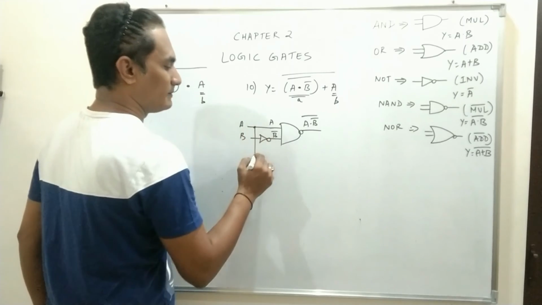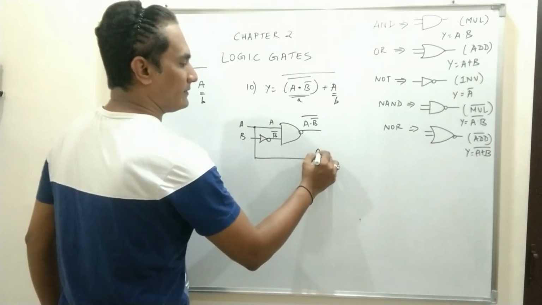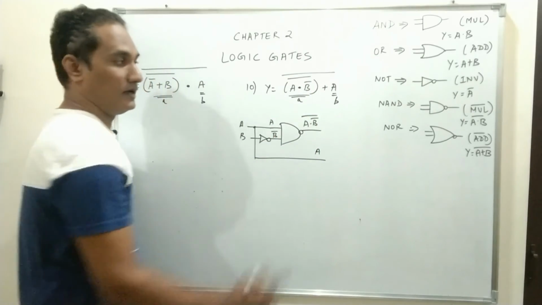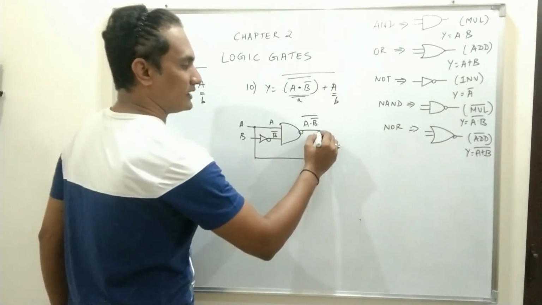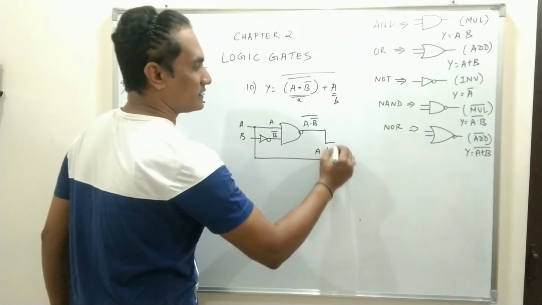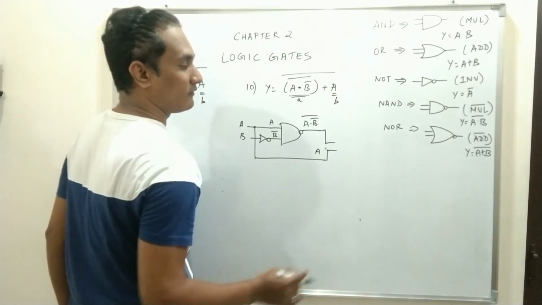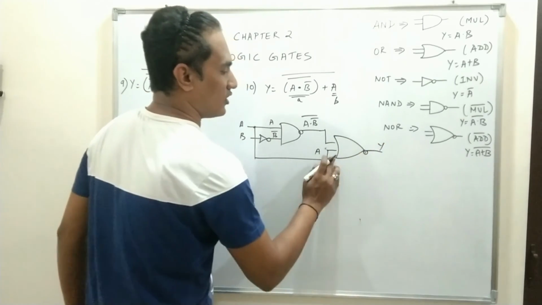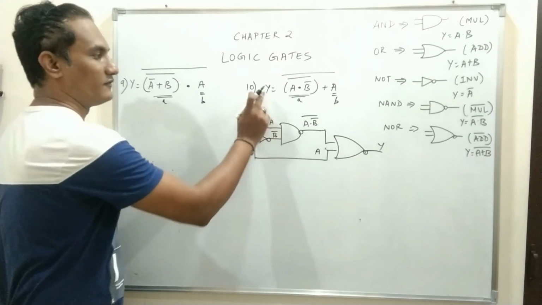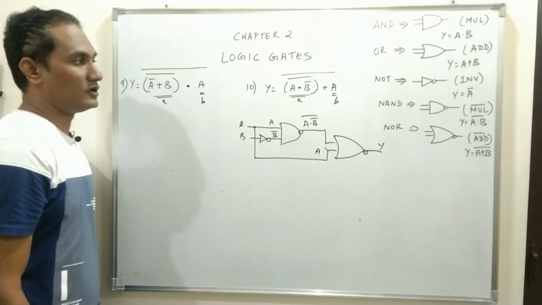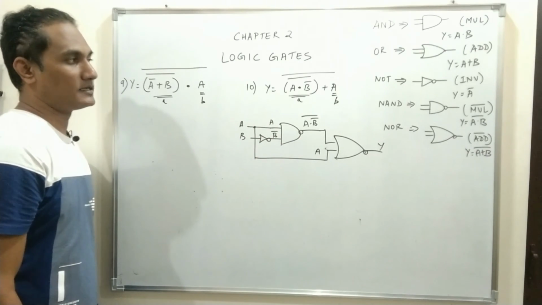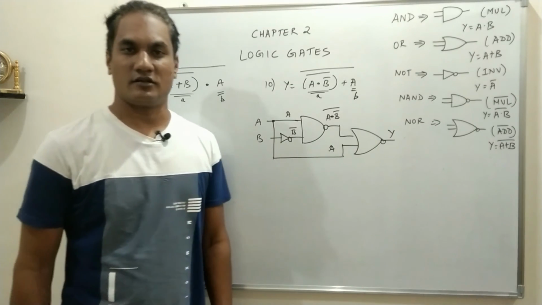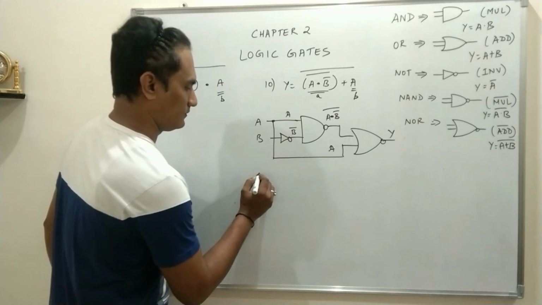Next expression is simply you draw A. So you got A and B both, and A and B is connected by a plus sign and a bar sign over it. Plus sign indicates OR operation, a bar sign over it is complement of OR, that is NOR. So this is the logic circuit for equation Y is equal to A dot B bar whole bar plus A whole bar. The truth table of this logic circuit can be written as